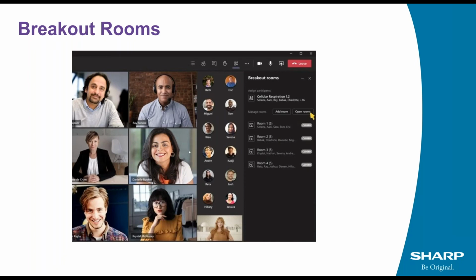So the meeting organizer can create what's called breakout rooms or sub meetings, as many as they like, and they can name those as they like, and then add a certain number of people to each of these meetings. And when the presenter is ready, they can then enforce that people move into those sub meetings or breakout rooms, and then those people work together on whatever topic or subject they've been assigned to.